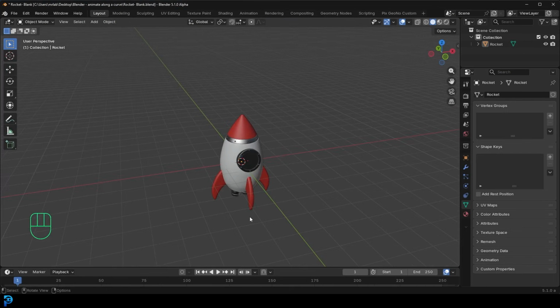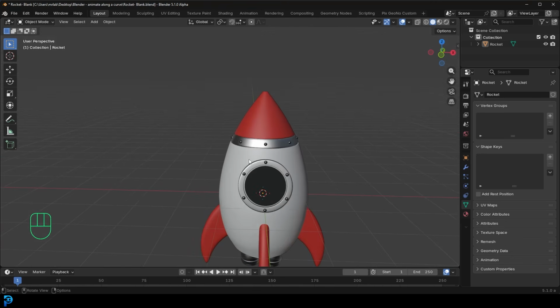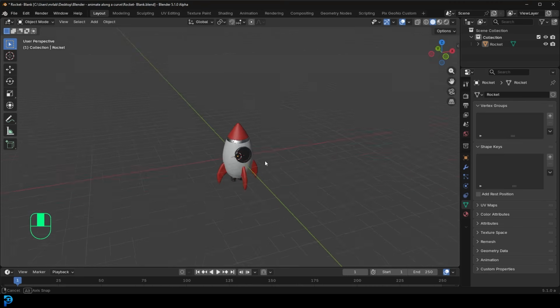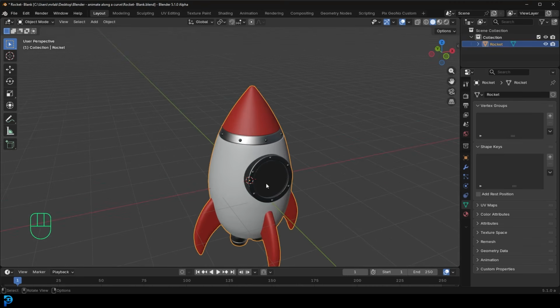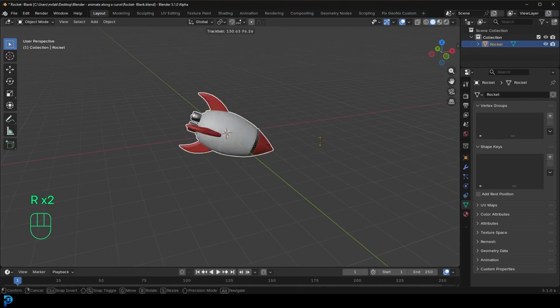Okay, so the goal here is to take an object and then make it move along the curve. Now there's nothing I can think of that's a better model to demonstrate this with than a rocket. So obviously you can use whatever you want. This is just what I'm going to be using to demonstrate this. I have my rocket here in the middle of my scene, and you can see the origin point sits in the middle as well. So if I rotate this, the origin point is quite central to this rocket,